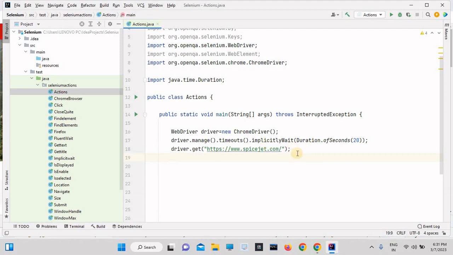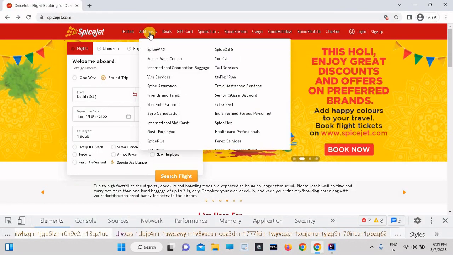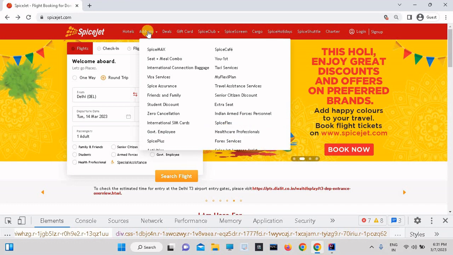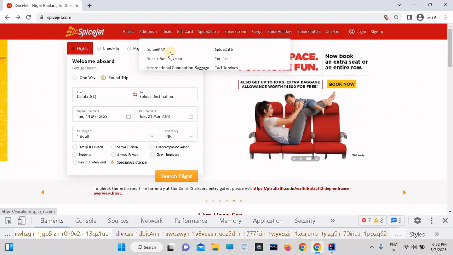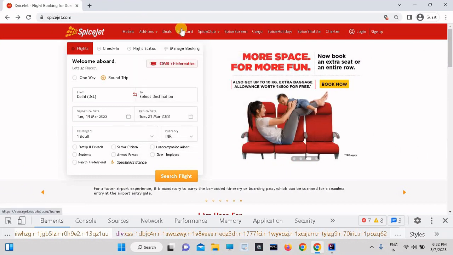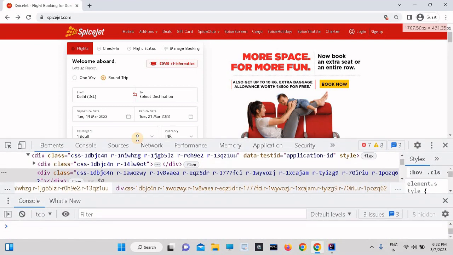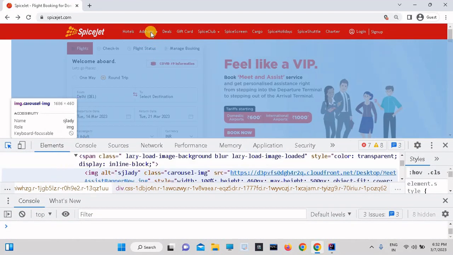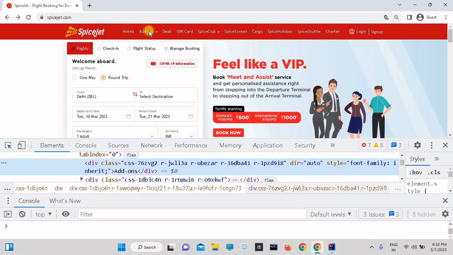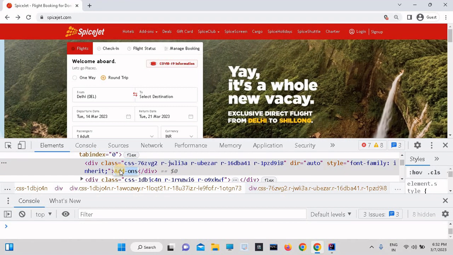This is the URL. Then we have to create one XPath for this one, which will be stored in the WebElement interface. Whatever you are able to view here, all of this is a web element. So first of all create the XPath for this Add-ons. Just click here. So this is Add-ons. Simply copy,